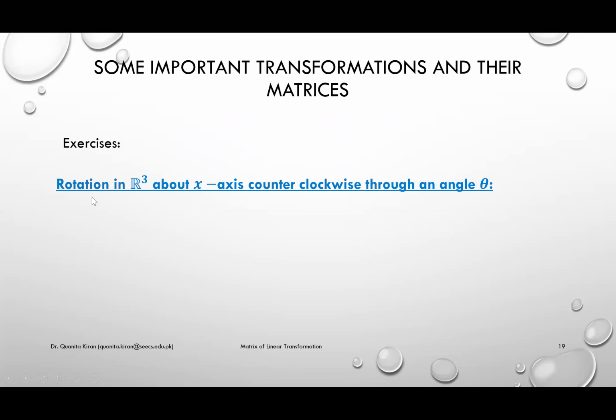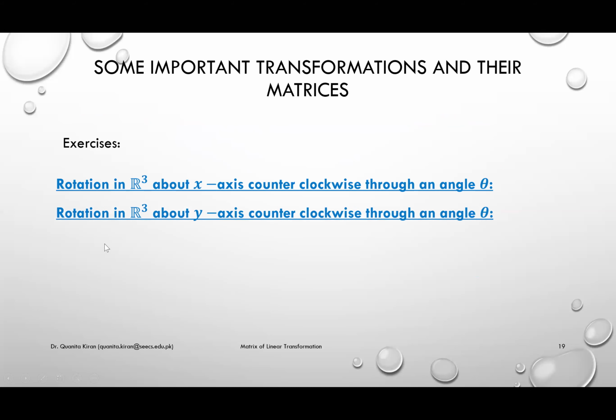Now as exercises, you can derive the rotation matrix in R3 about the x-axis, again counterclockwise through an angle of theta. In this case, the x vector remains the same and the other two will transform. You can also do the rotation about the y-axis, and you can find the k shear in the y direction in R2. So these are the exercises from today's lecture, and I will also upload some exercises from the book